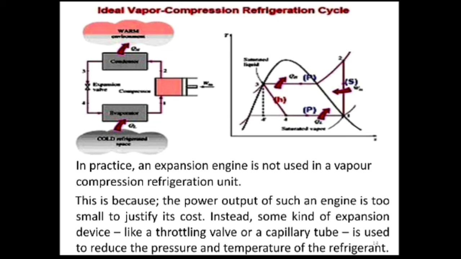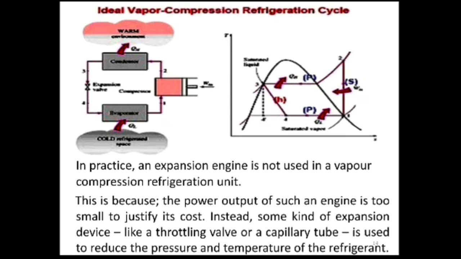Okay, because of the compression this happens. Then the refrigerant enters the condenser at point 2 as a superheated vapor and leaves as the saturated liquid at state 3. When it goes through the condenser at point 2, as you can see, it is a superheated vapor, but at point 3 it is a saturated liquid as a result of the heat rejection to the surroundings, right? Then the temperature of the refrigerant at this state is still above the temperature of the surroundings. That is what we need to observe.